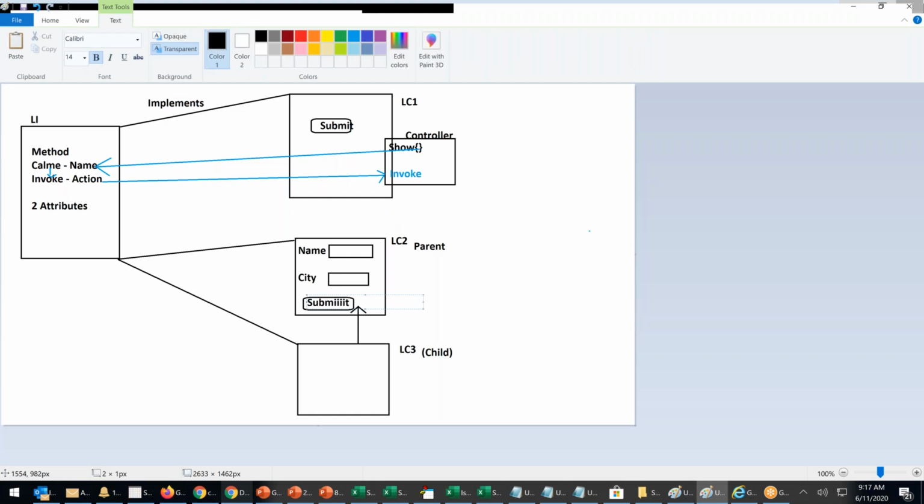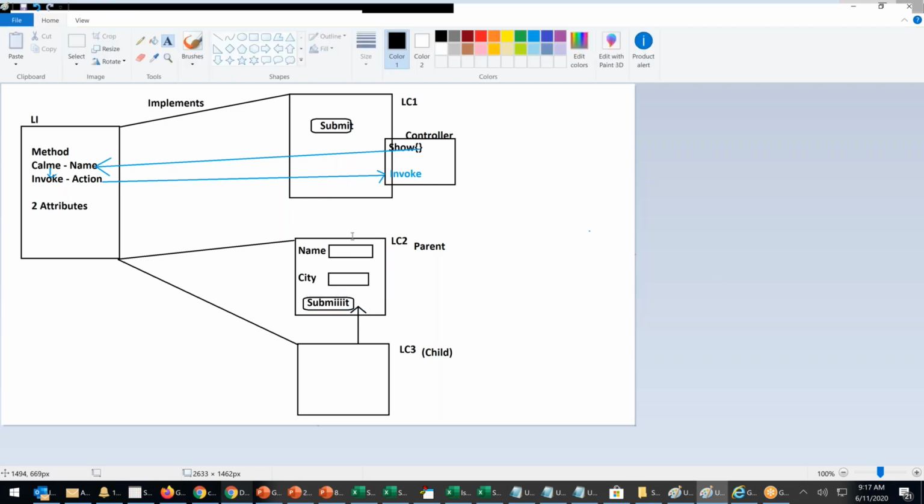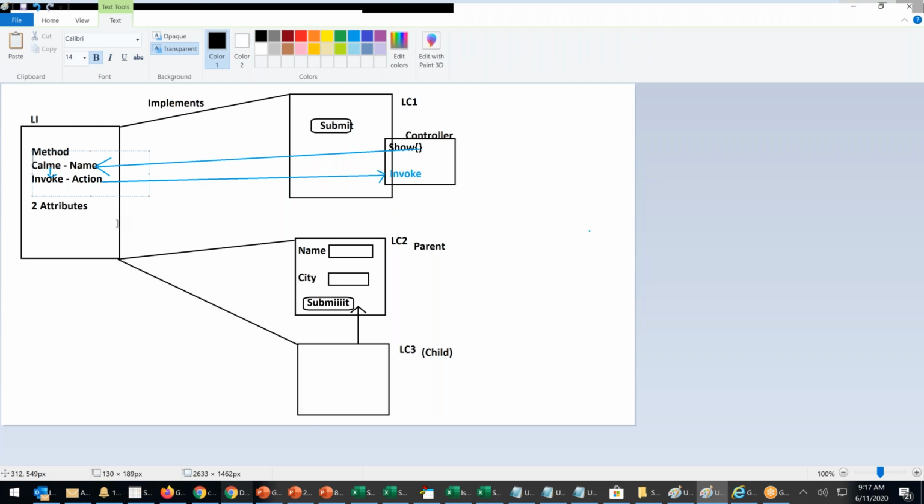Whenever I fill the data, my main work is that I want to pass these two attributes to the action method.